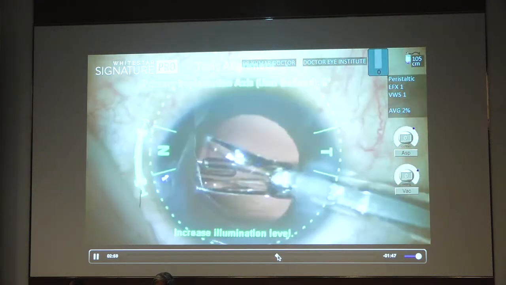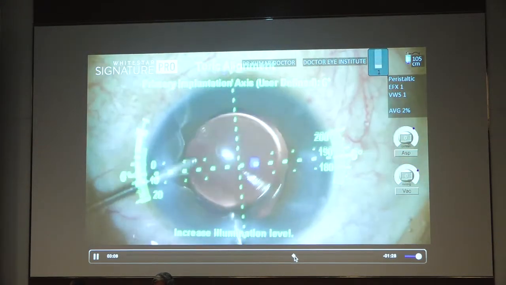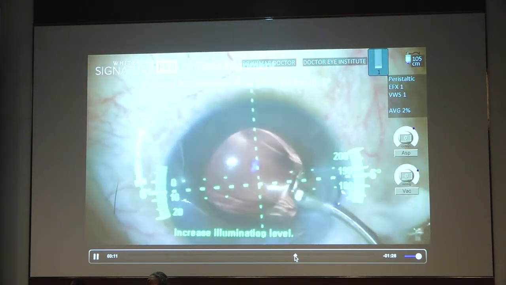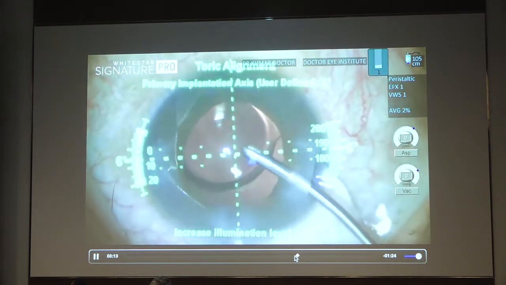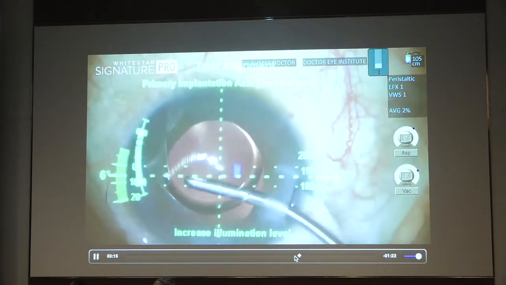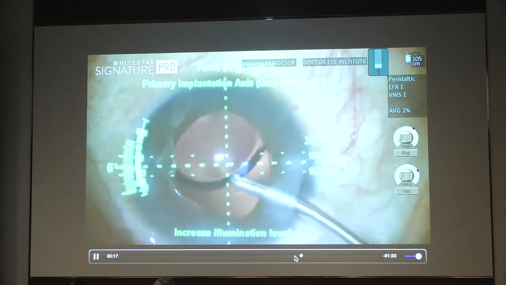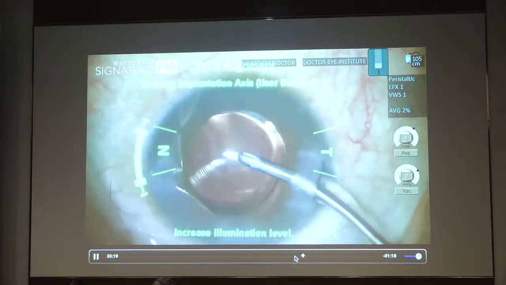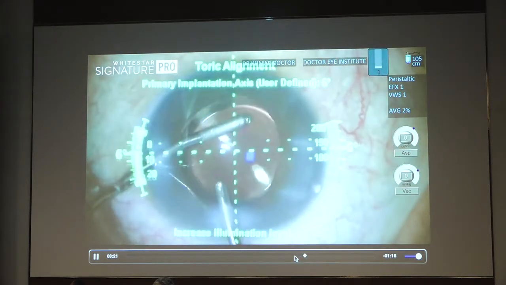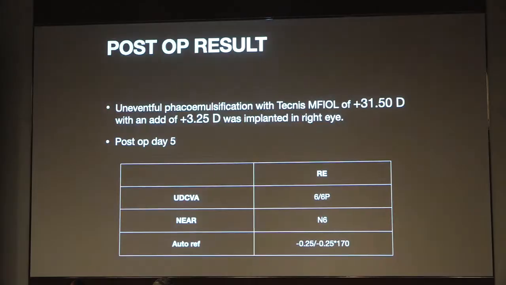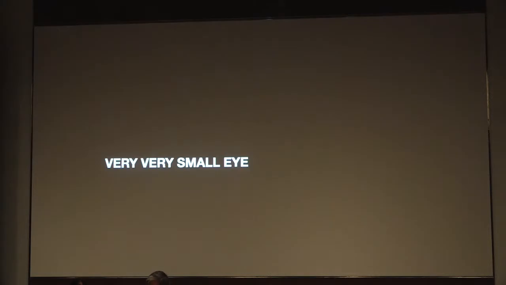Once this goes in, just make sure that it's placed horizontally. We got Verion technology, so we are aligning the toricity of the lens, which is at 6 diopters, then removing the viscoelastic from the front and back. Here, a very, very shallow anterior chamber, you have very little space of 1.92. So a Technis multifocal, a 31.5 with an add of 3.25, and we got excellent results. So this was a short eye, very small anterior chamber, but we got very good results.